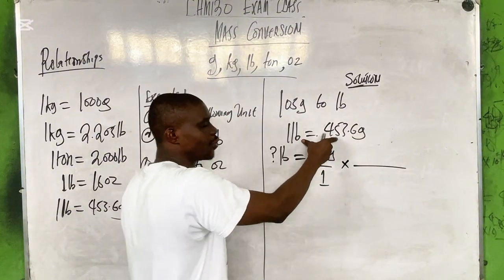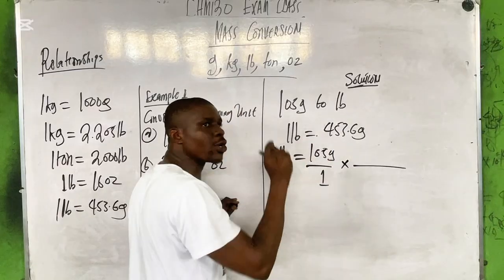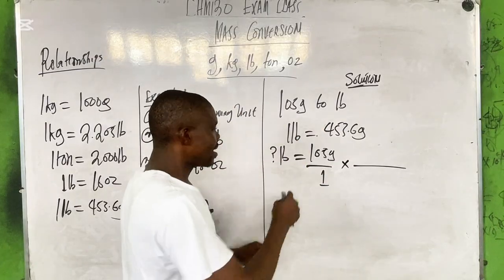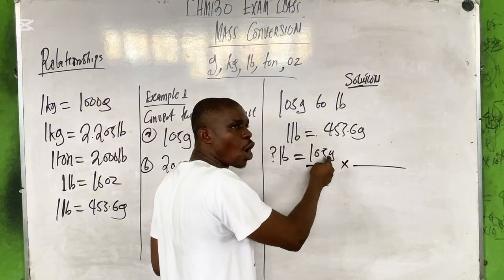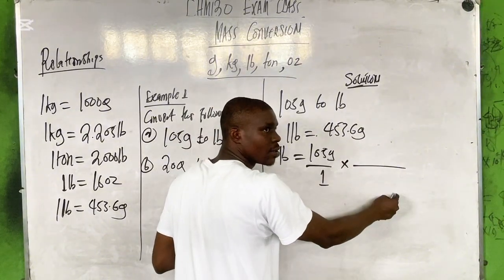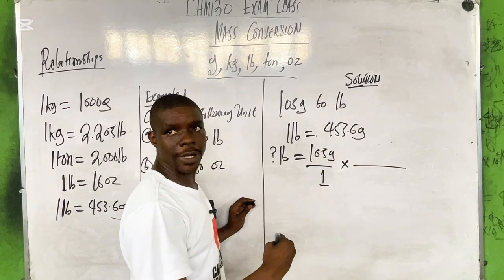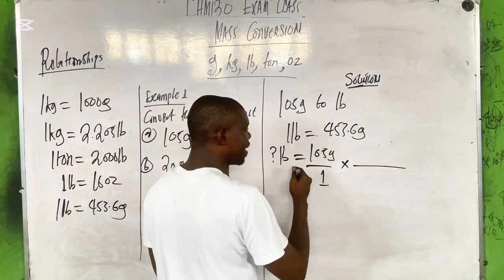Now, this way I'm not going to use this guy. One must come up, one must come down. Right there? Now, since this gram is already at the top, this guy will come down. They'll be in the opposite direction. They'll be in the opposite what? So now going to be